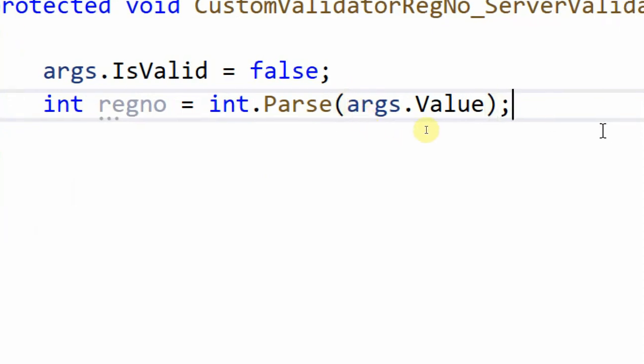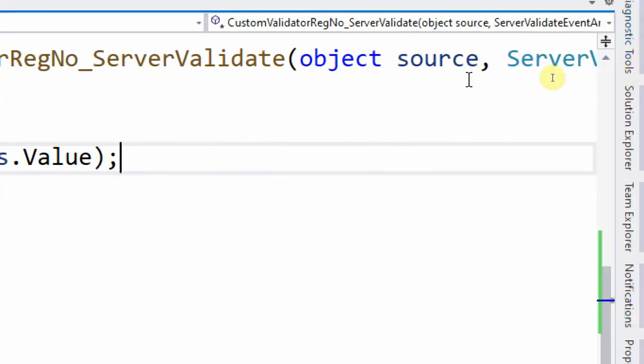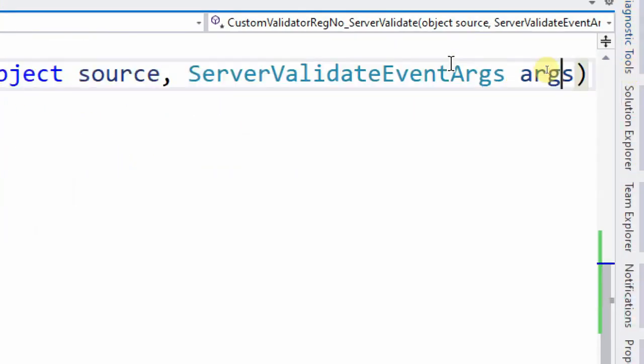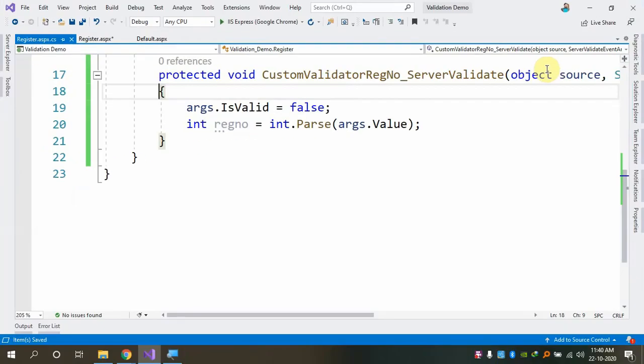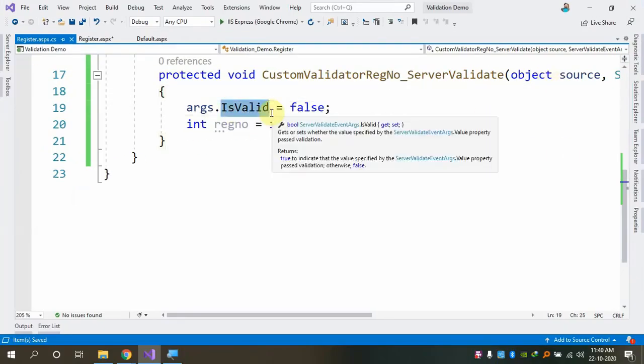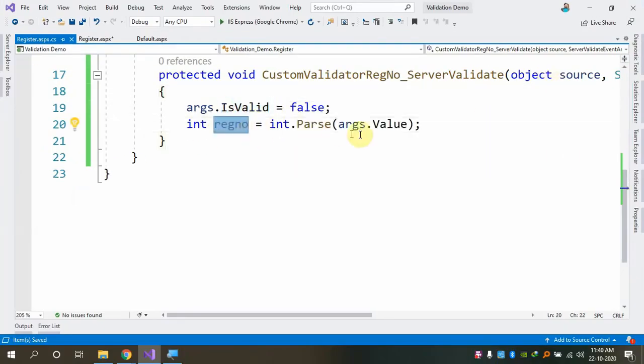All I have done is work with the args which is passed to my validation function. Okay, this is a server-side function. Please remember that. I'm going to get that argument, and in that argument I have two different values. One is whether it is valid. Number two is the value which is passed to me. Since I'm looking for a number here, I'm parsing it into an integer and storing it